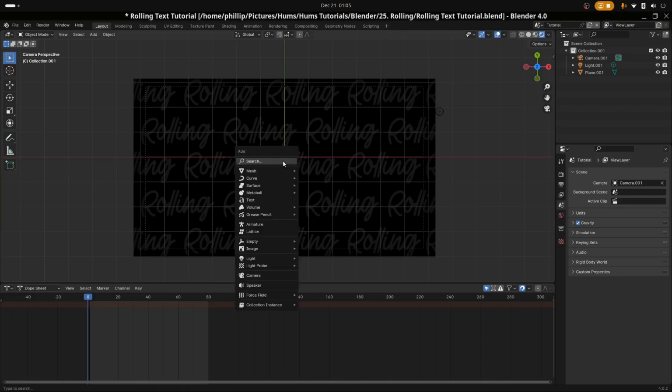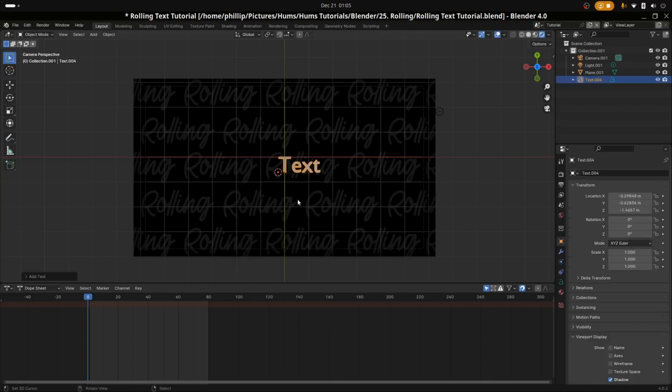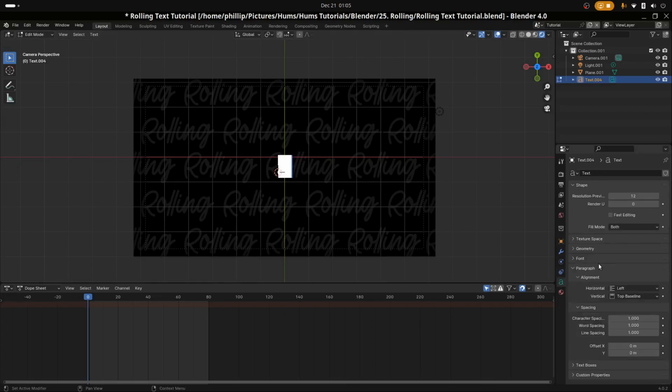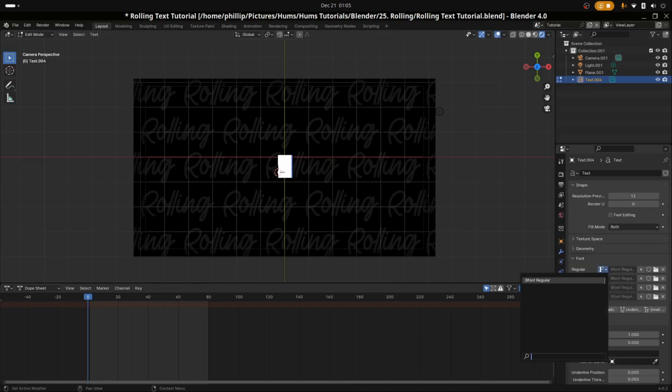Let's go ahead and hit Shift and A, then go to text. I'm going to go ahead and type R. I'm going to highlight this text, go over to the data properties and change the font. I'm using a font that's named Rubik